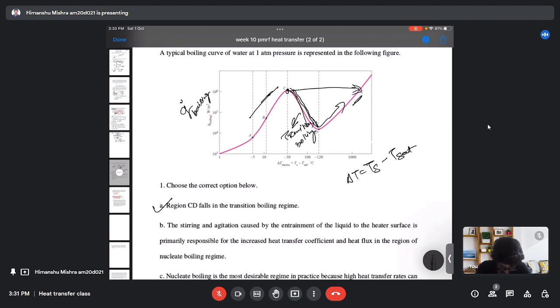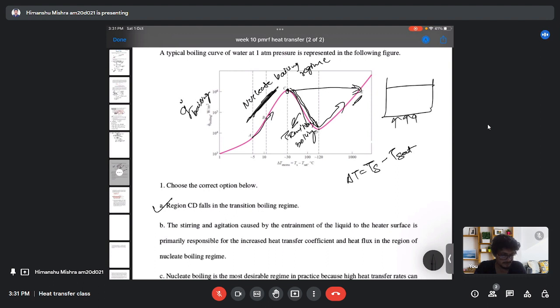Option B says that the stirring and agitation caused by entrainment of the liquid to the heated surface is primarily responsible for the increased heat transfer coefficient and heat flux in the region of nucleate boiling. So this region is my nucleate boiling region. As the heat flux is increasing with the temperature, my heat transfer coefficient will also increase, and this is because